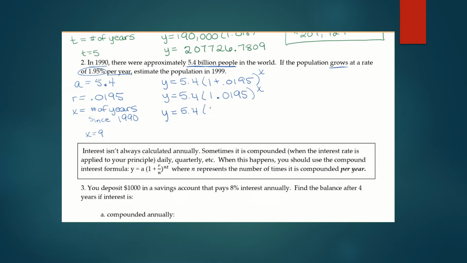and we're going to estimate the population. So 5.4 times 1.0195 raised to the power of 9 gives us, and I'm going to write down everything that's on my calculator right now, and then we will round in just a second. So 6.4250843. Okay, so here's what I see on my calculator,